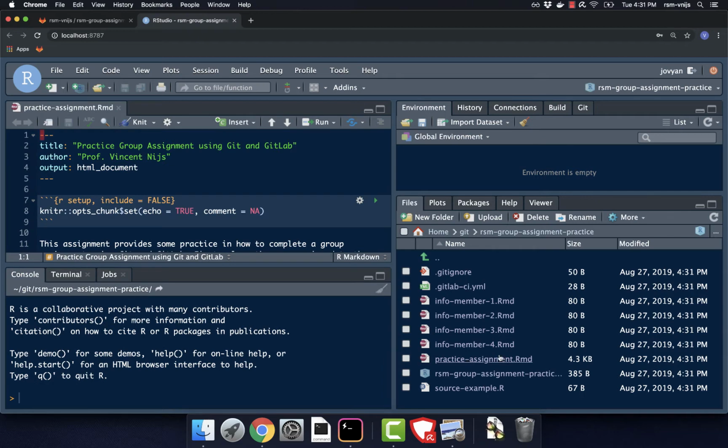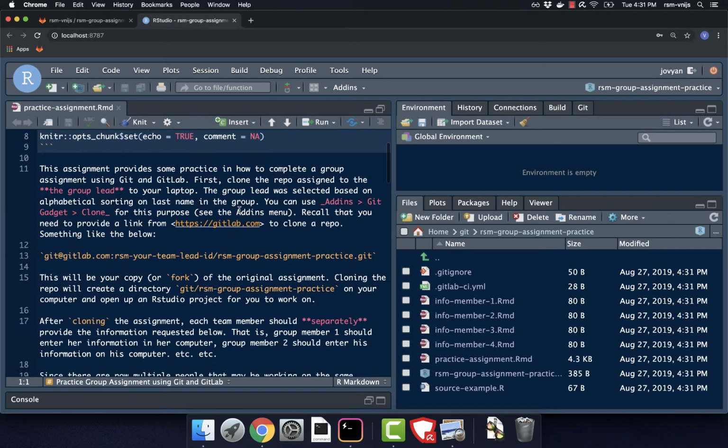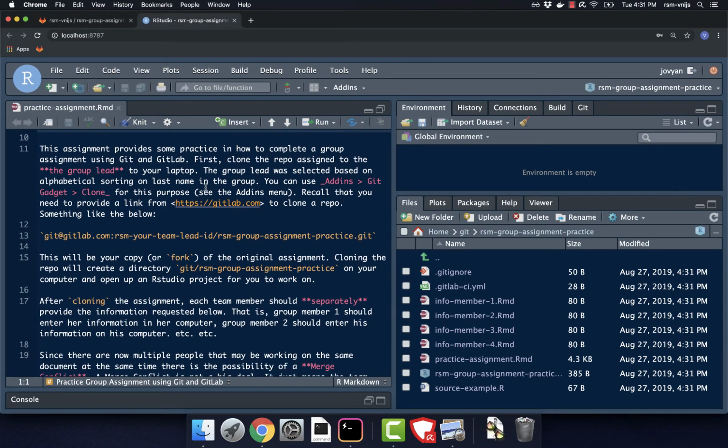So click on the practice assignment RMD. I'm just going to make that a bit bigger. There's some text in here that I recommend you read. I'm just going to give you the highlights of it. So again, this assignment is to provide some practice on how to complete a group assignment. I am the team lead in this particular demo that I'm doing. So if you're not the team lead, or if you are, you still need to clone the repo. And then